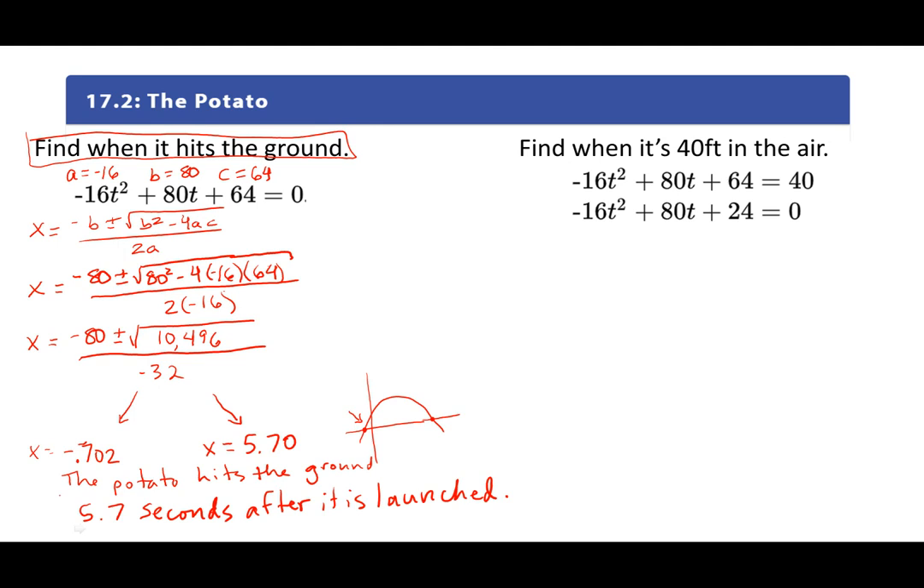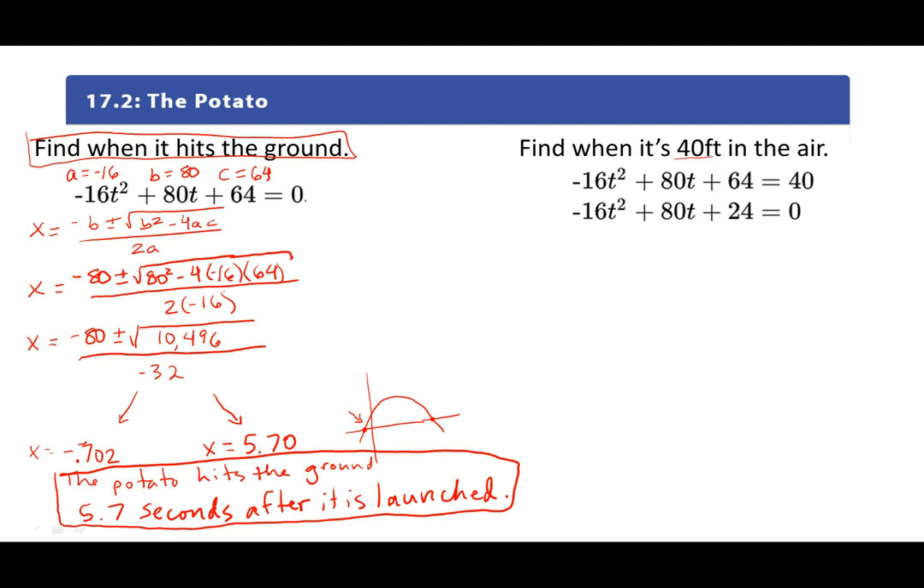Okay, and this would not be a complete solution if we just gave x equals negative 0.702 and x equals 5.70, because this is a word problem where we need to make sure that our response makes sense in context. This is also called interpreting the solution or solutions in terms of the real world context. Let's take a look at when the quadratic expression was equal to 40, or when we are 40 feet in